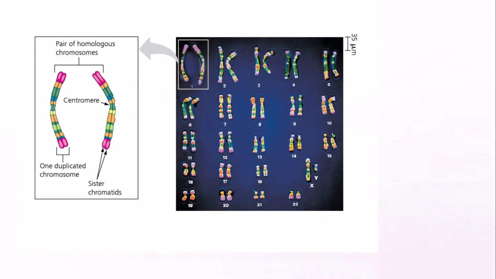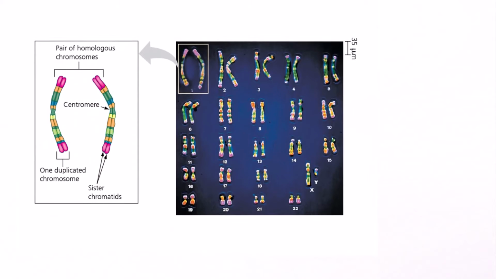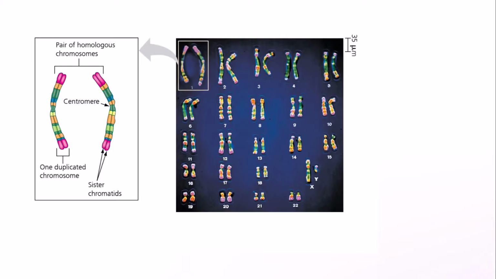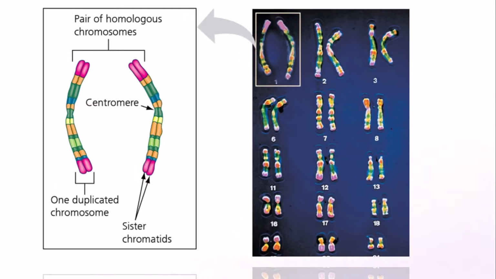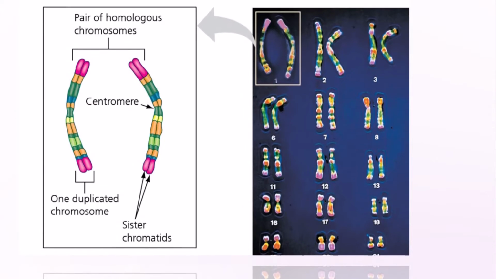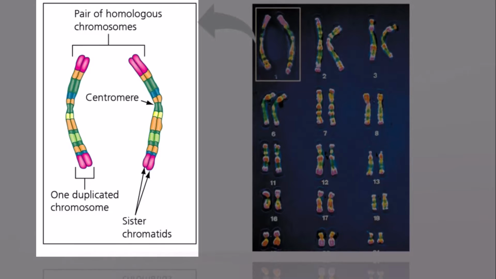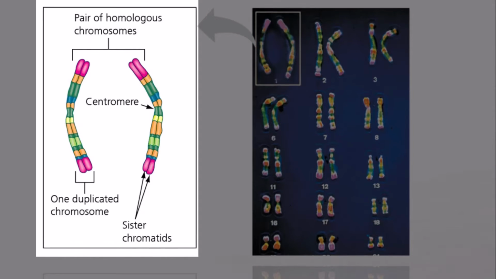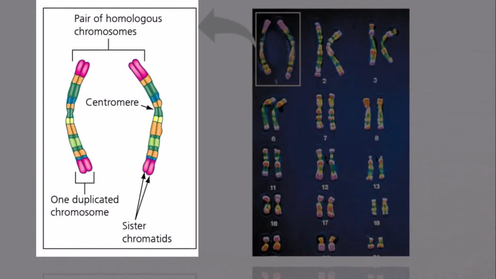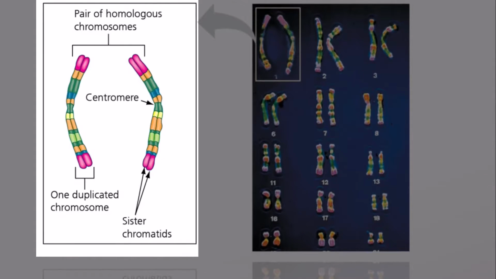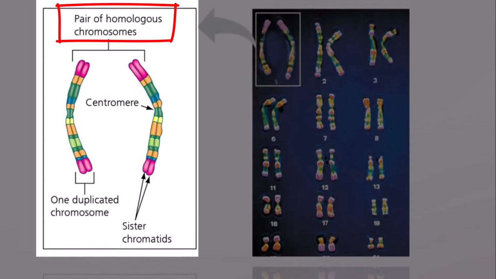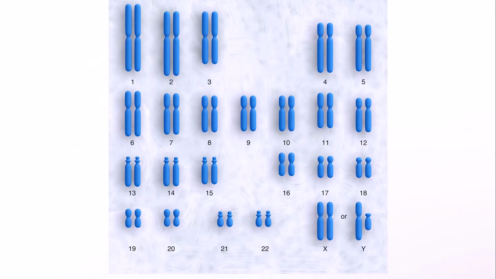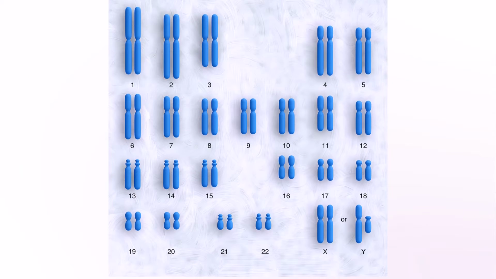Notice in the figure that each chromosome is duplicated, with two sister chromatids joined along their length. Within the white box, for example, each stick is actually a pair of sister chromatids stuck together at the centromere. Notice that almost every chromosome has a twin that resembles it in length and centromere position. In the figure, the white box surrounds one set of twin chromosomes. The two chromosomes of such a matching pair are called homologous chromosomes. Homologous chromosomes carry genes controlling the same inherited characteristics.